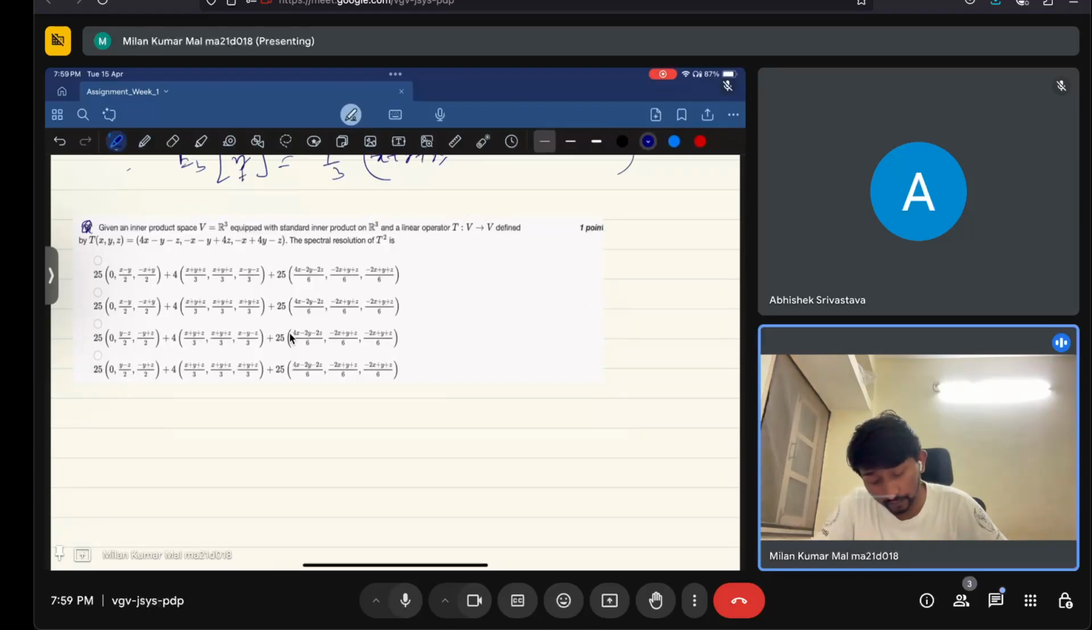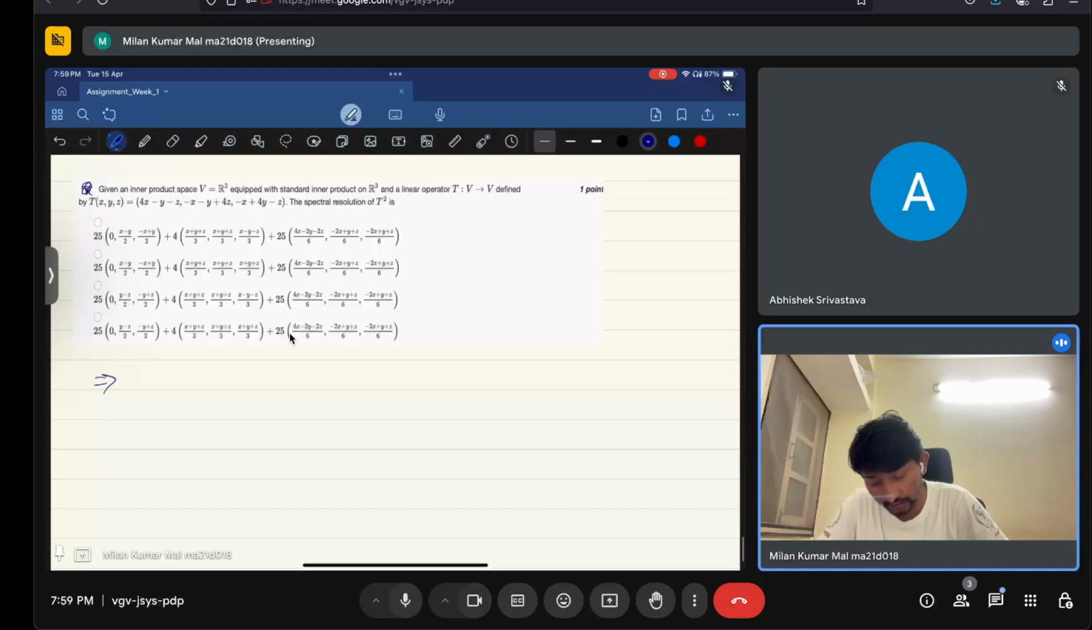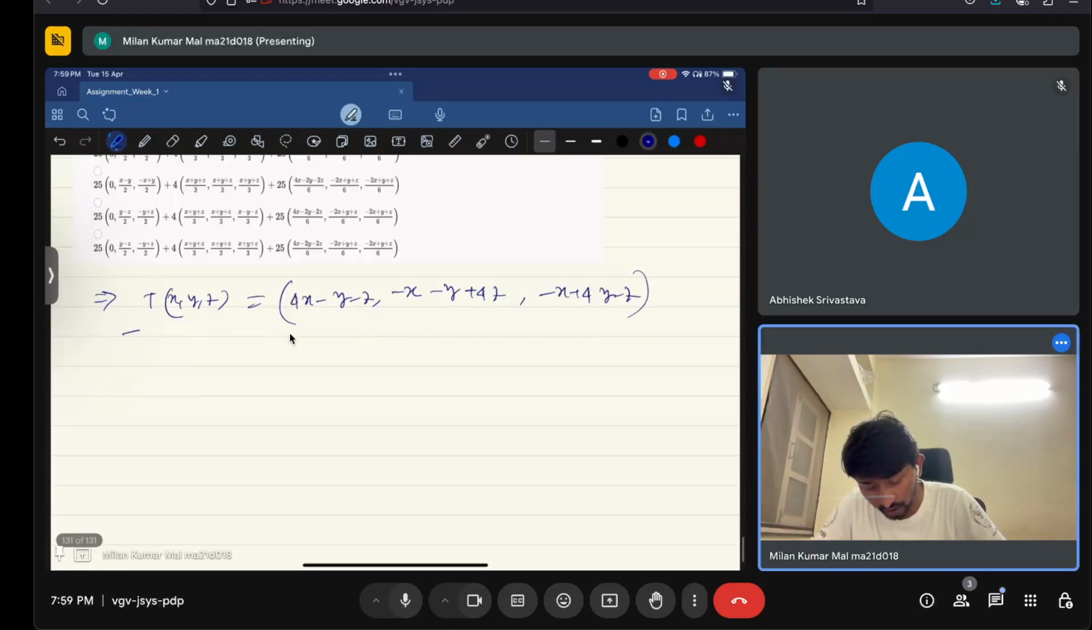So what it says: given an inner product space V equals R3, with the standard inner product on R3, and a linear operator T from V to V defined this way: T(x, y, z) is equal to (4x minus y minus z, minus x minus y plus 4z, minus x plus 4y minus z). This is the T(x, y, z). So therefore, what I will get for T square (x, y, z) is